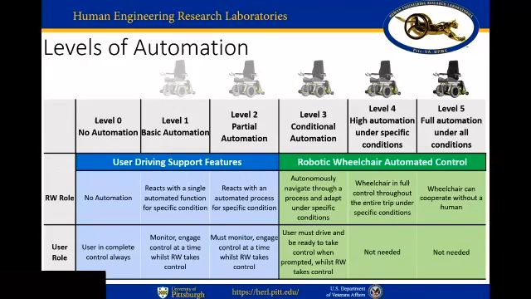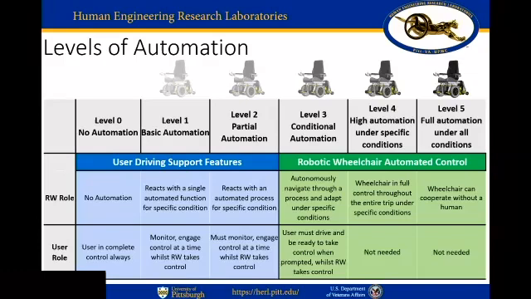So I've spread it out on a table here, each level of automation, and I'll take you through a story. If I take you to that example of going from here to the Westin Hotel with no automation, I'm completely driving on my own. I'm not having any assistance from the wheelchair. But then if you go to level one